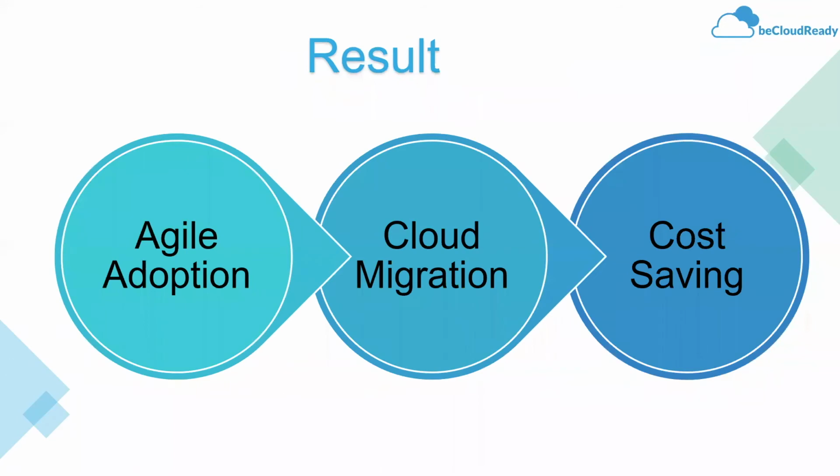And this is the result I'm talking about. I'm talking about the magic machine, right? Agile adoption, cloud migration, massive cost saving. If someone's operating cost was $100, now they will operate at $10. $90 is a pure cash saving that you have. And guess what? The cost saving is coming from two sides. One is reduced labor cost. You don't need like 10 construction workers. Plus, you don't need so many ad hoc workers, right? So everywhere you see they are reducing their capacity or increasing their capacity while reducing the cost dramatically. And that is what we are talking about. The massive cost saving happens because of agile and cloud migration.